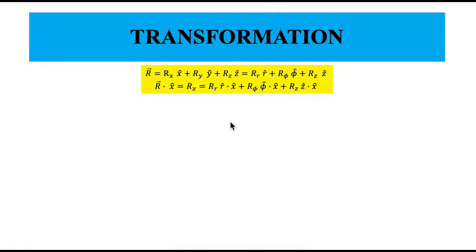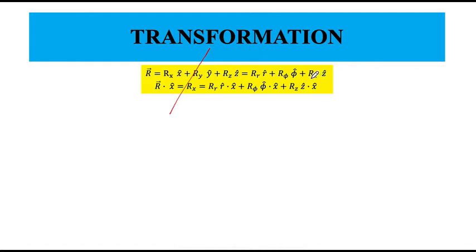Suppose that the vector r, I can write r as consisting of three vectors. I can resolve this vector as rx x hat, ry y hat, rz z hat. The same vector in cylindrical coordinate system can also be written as rr r hat plus r phi phi hat plus rz z hat. You can guess from intuition that rz will be equal to rz in most cases. So you will be right. However, we are now interested in rx, ry, rr and r phi.